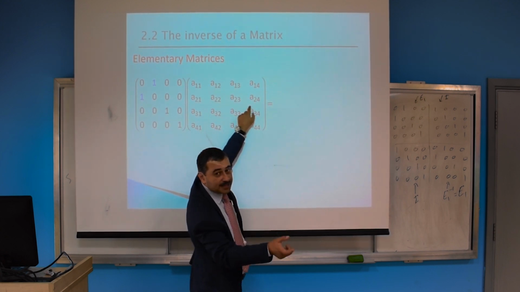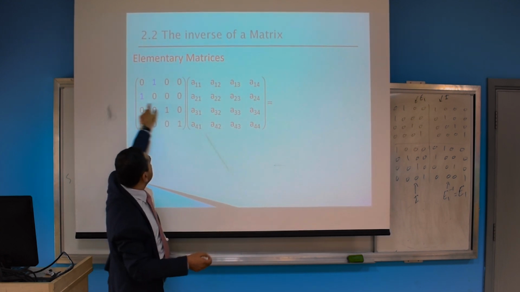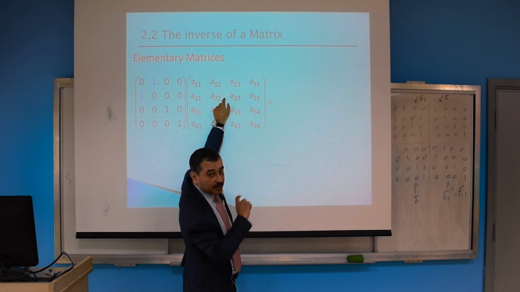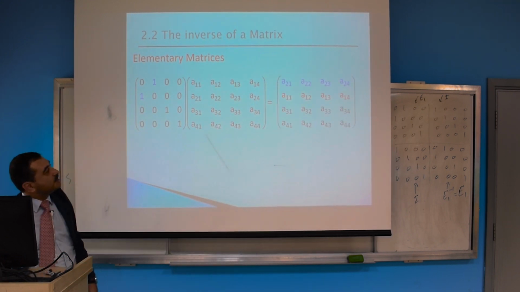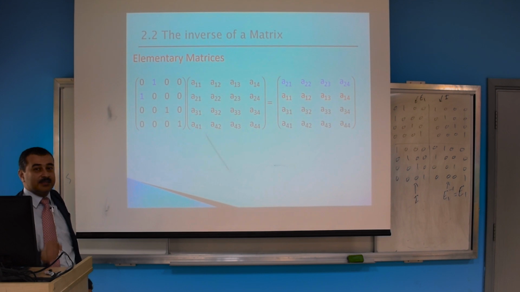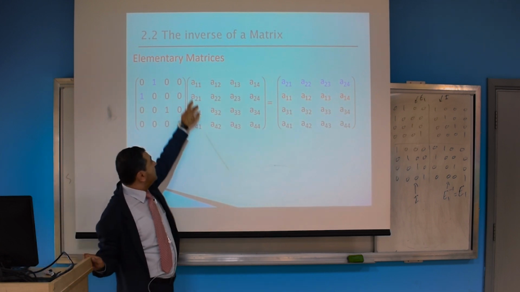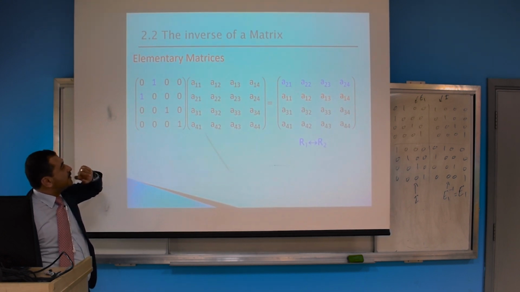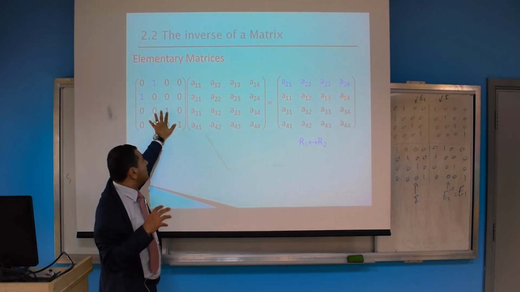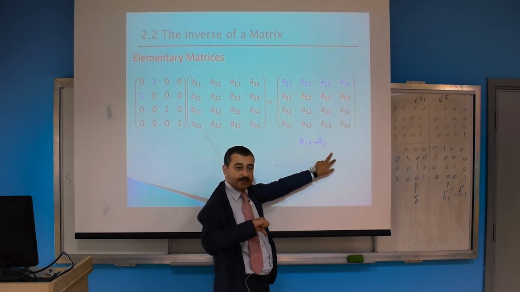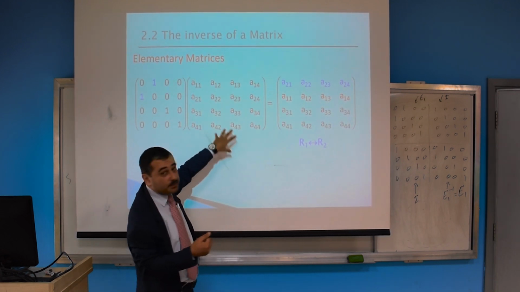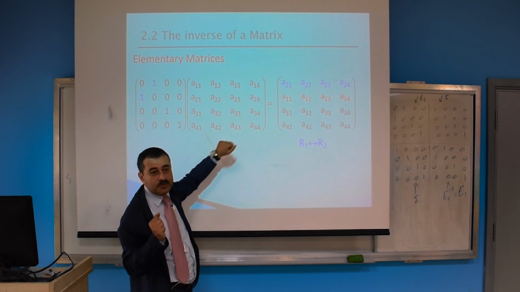So you're writing actually the second row. If you multiply the second row here, you will get A11 and then A12. So you're going to write the first row. You'll get these guys. So what happened actually? It interchanged the first two rows of the matrix A. Okay, so actually this elementary matrix comes from interchanging these guys in the identity. And when you multiply it with another matrix from left, it will do the same job on the matrix. Interchange the first rows of the matrix.